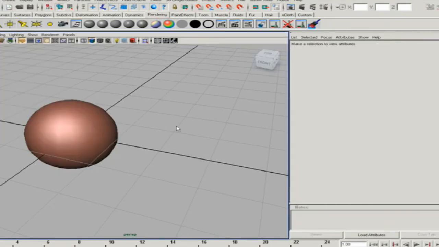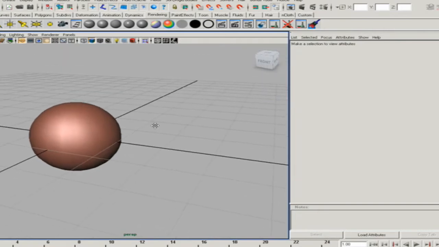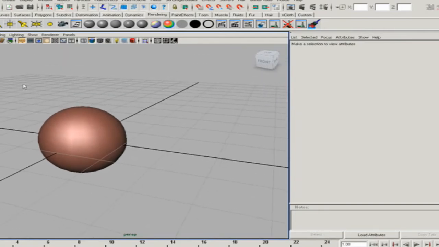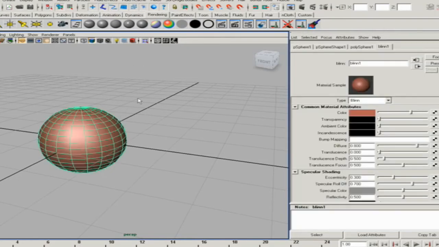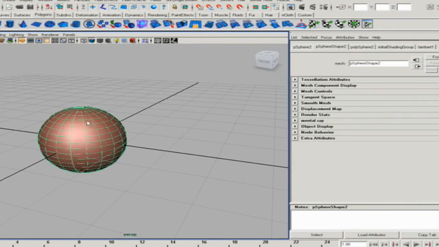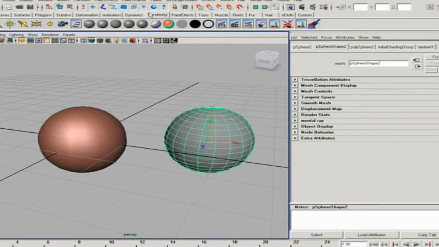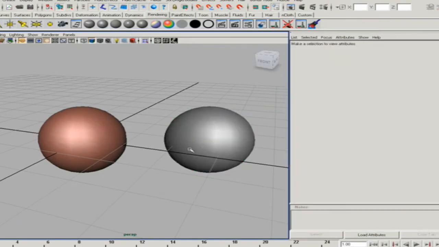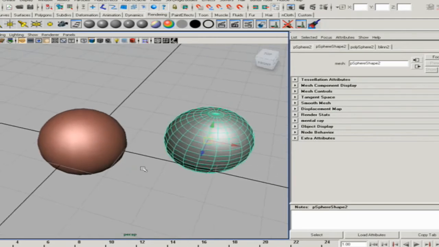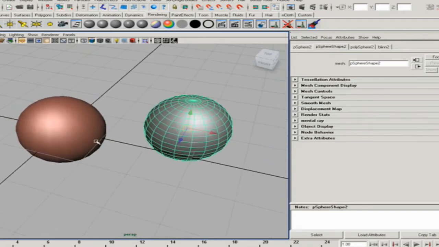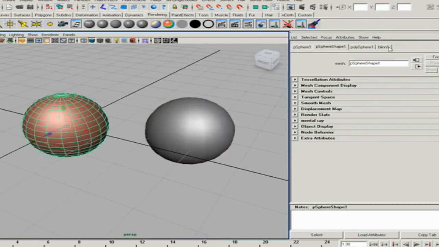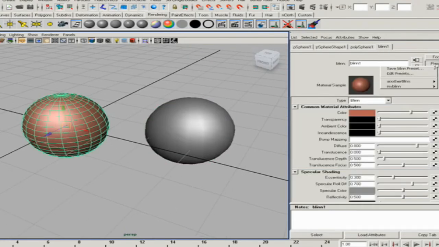What if I'd like to make a new shader on a new object, not the same one, but basically start out with the same values? And that's another little trick you have with the attribute editor, the idea of presets and copy and pasting values. So let me make another sphere. I just move it off to the side here, and I'm also going to make a nice blend shader for that. What I can do is copy the values between two different similar nodes using the attribute editor's preset concept. Let's select that shape again, go to blend, and go to presets and